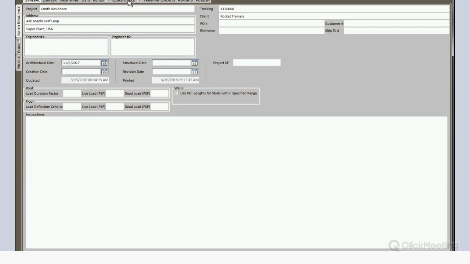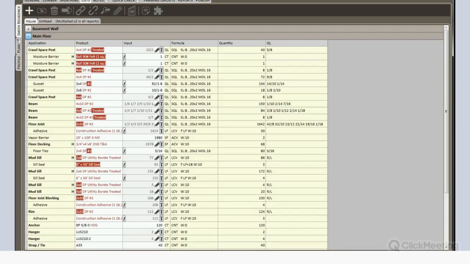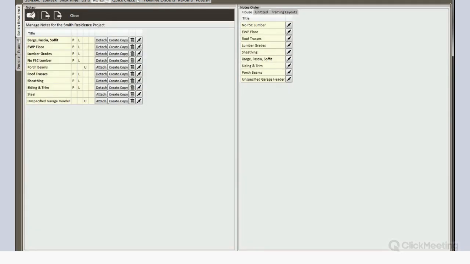And so that's here in the project tab, this new tab called Quick Check. And it's in a position on purpose along the project tab. Maybe if you haven't noticed it before, but the project tab is arranged more in your progression of a job. So you might come to the general tab, enter project information, make some settings for your lumber grades and species that are unique to that project, same with sheathing, and then you work on your list. Maybe add some notes in along the way. And then before going to framing layouts and reports and producing your output, we've inserted this other tab here called